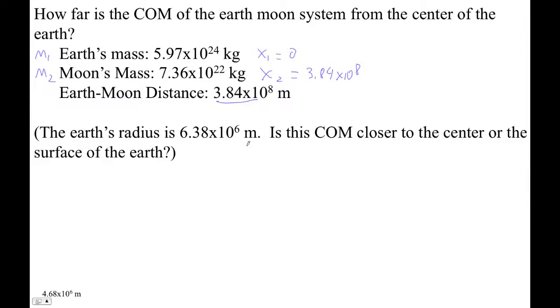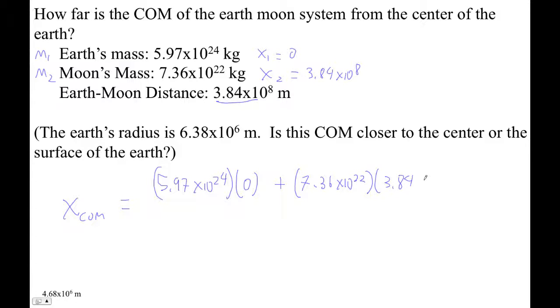So the center of gravity, the distance from the center of the Earth, is equal to 5.97 times 10 to the 24th times 0, plus 7.36 times 10 to the 22nd times 3.84 times 10 to the 8th, all divided by